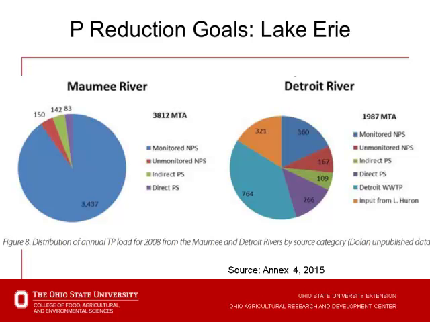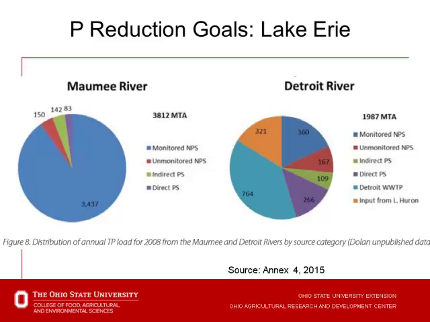The red bar that you see on the Maumee River side, well, they don't have percentages, but we do on the next graphic here. You can just see that it has a large contribution from the blue and the red, which adds up to the non-point source total. That green slice and the purple slice is what's contributed to point sources. So you can see it's a fairly small amount that's being contributed from point sources in the Maumee River,